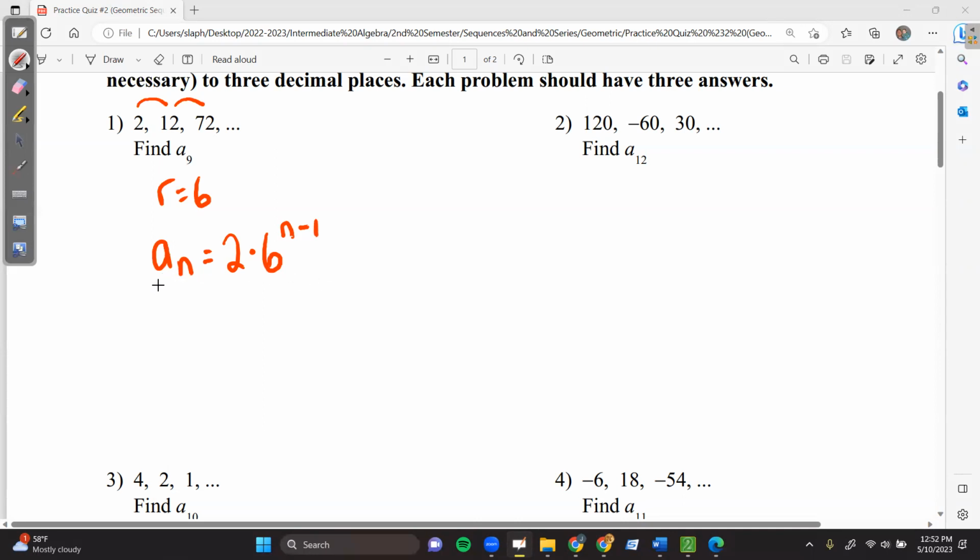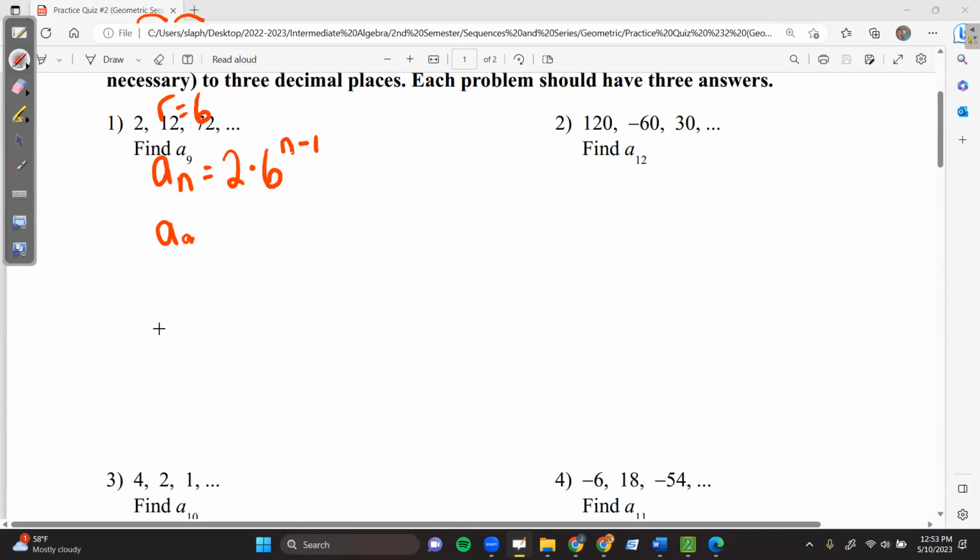And the third answer is to find the term that we're asked for, which in this case is the ninth term. And so to find the ninth term, we simply, sorry, I can't seem to write below that point. We simply put 9 in place of n. So basically what I'm going to type into my calculator is 2 times 6. And since I'm putting 9 right up here where this arrow is pointing, 9 minus 1 is 8. So then I just type into my calculator 2 times 6 to the 8th. And that comes out to